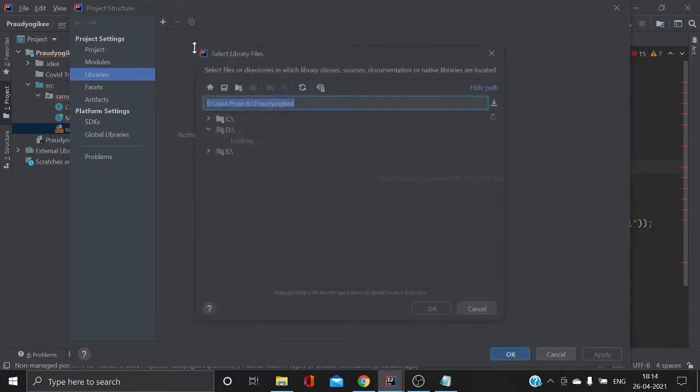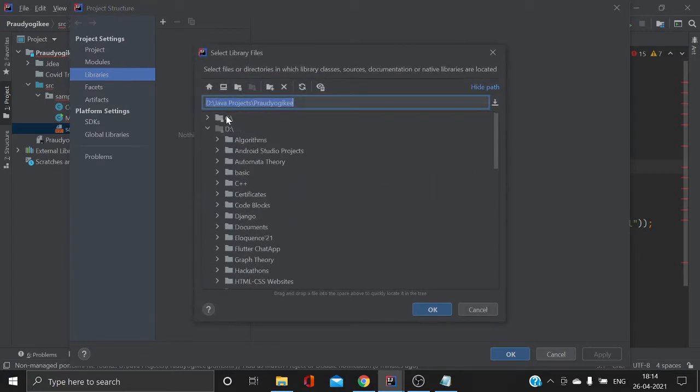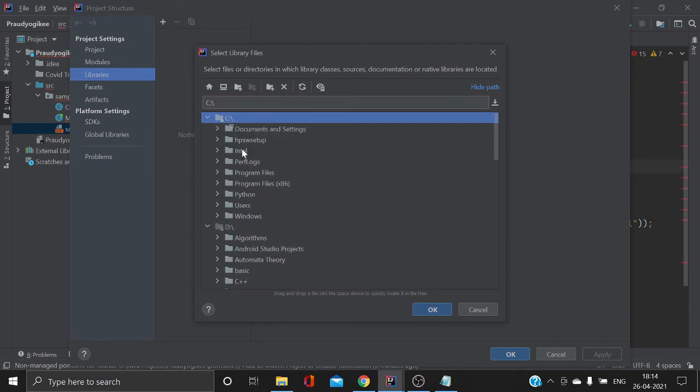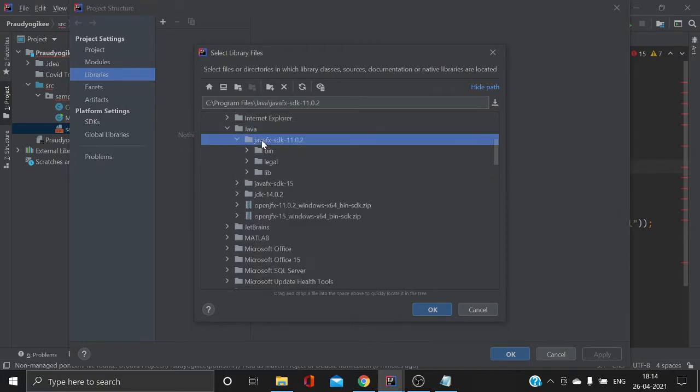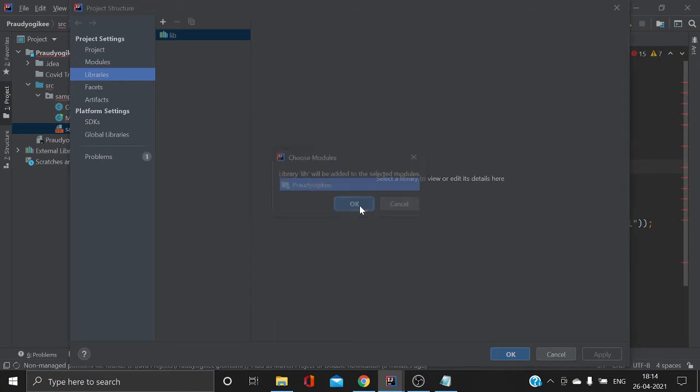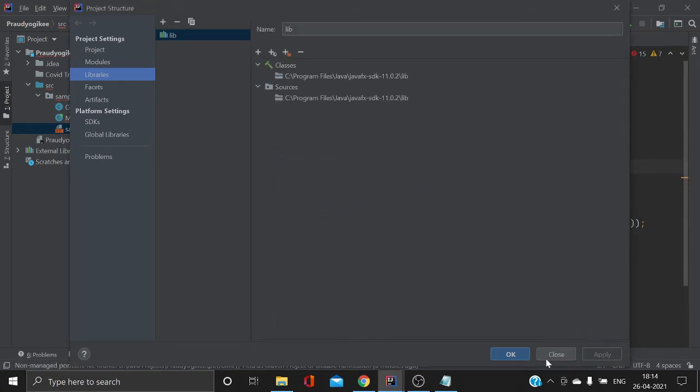Then select Java and head on to the directory where you have saved or unzipped your JavaFX folder. Inside the JavaFX SDK folder, you will find three other folders: bin, legal, and lib. Choose the lib folder and click OK. Then apply it.